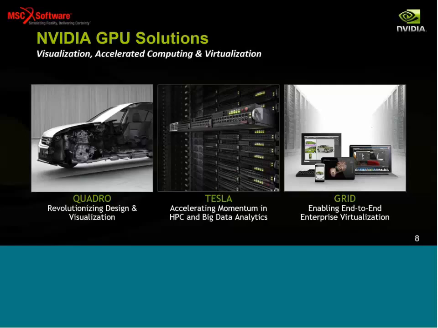Now, the NVIDIA solutions for MSC software include Quadro GPUs for professional design and visualization, Tesla GPUs for high-performance computing, and NVIDIA Grid technology for virtualized desktops. NVIDIA Grid is the technology that delivers rich graphics anytime, anywhere on any device. Besides these, NVIDIA has GeForce GPUs, for example, for gaming and other visual computing solutions that are beyond the